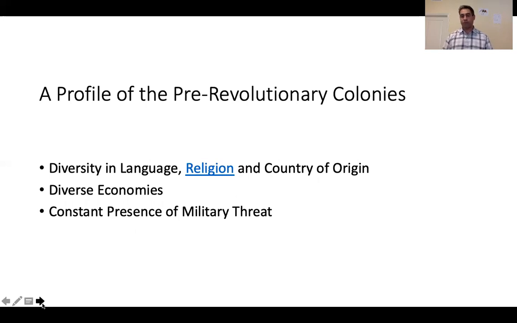And if we were to expand beyond the 13 colonies, we would find considerable pockets of other European settlements. To the north, French Canada, to the Midwest, French settlements going down to Detroit, St. Louis, and then Spanish efforts to settle in Florida, Mexico, Texas. So there was already in this colonial moment considerable diversity of language in colonial America. With this diversity of language was also considerable diversity of religion.